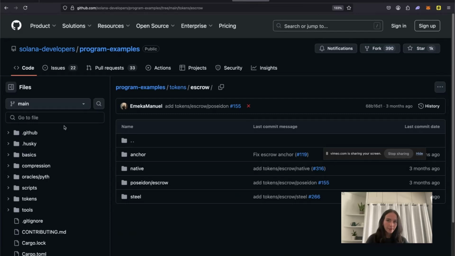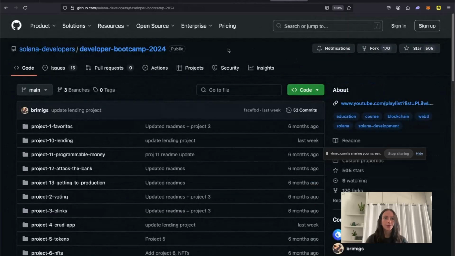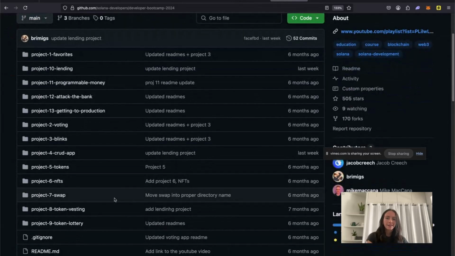And then once you've gone through that, the next thing to look at is going to be this bootcamp. So Solana Developers Bootcamp was created, and it's kind of like a 0 to pretty advanced Solana developer, going from 1 to the last project, I believe is 13. So it starts with just a basic favorites app, and then it goes into creating a lending protocol and swapping tokens and investing, a token vesting app, a token lottery,